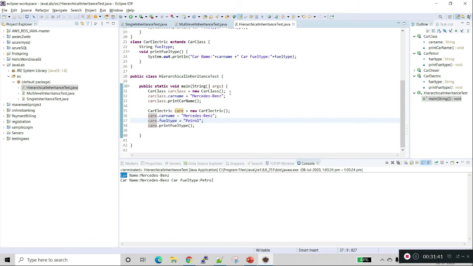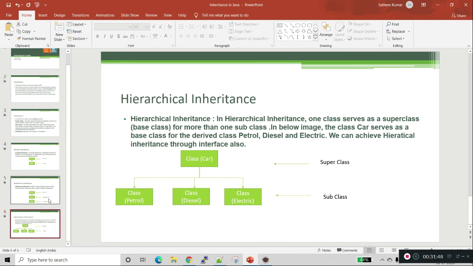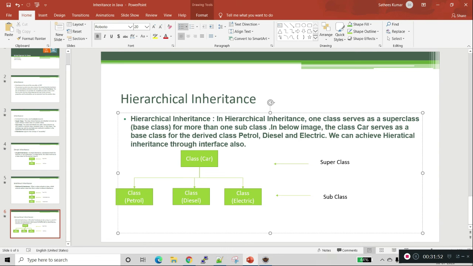So this is the example for hierarchical inheritance. In the next exercise we will see how to achieve hierarchical inheritance through interface.